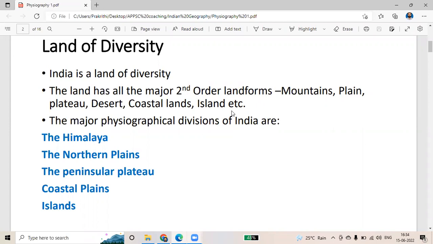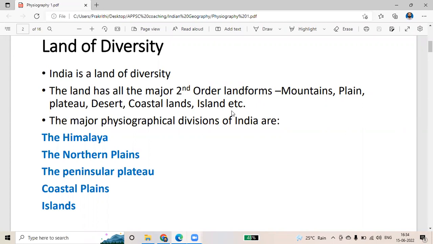All these things come in our main land. And when we say diversity, diversity of culture is there, diversity of physical features is there, diversity in climate is there. We have a lot of diversity. So, a land of diversity, when we say about the physiography,